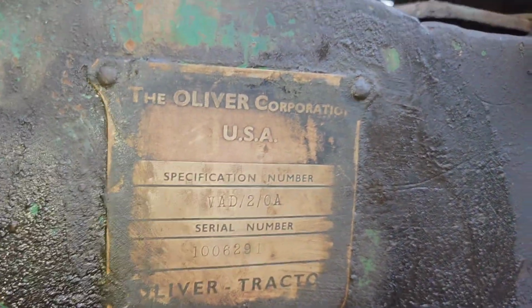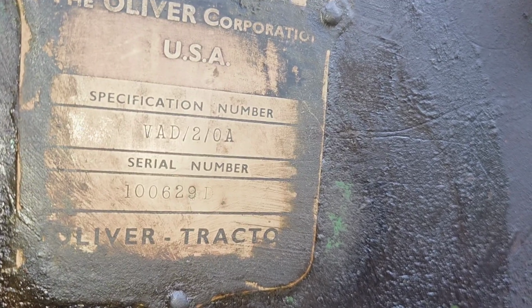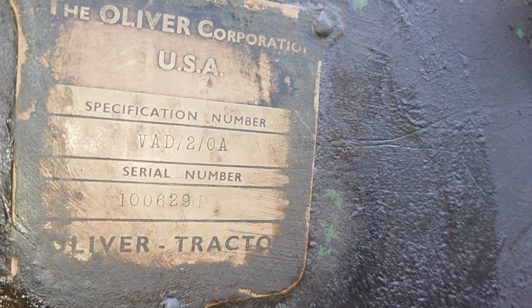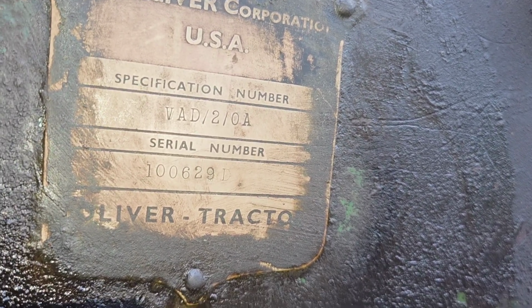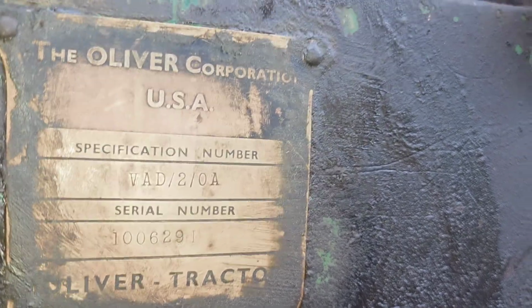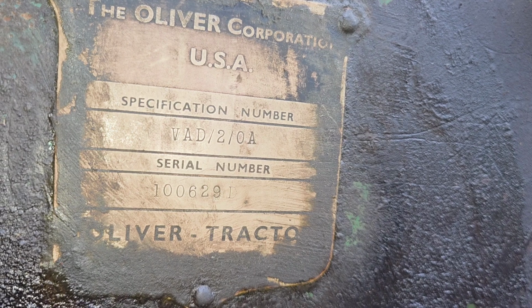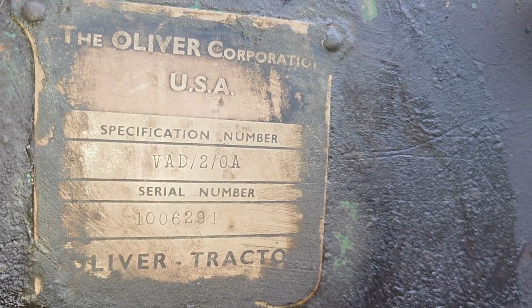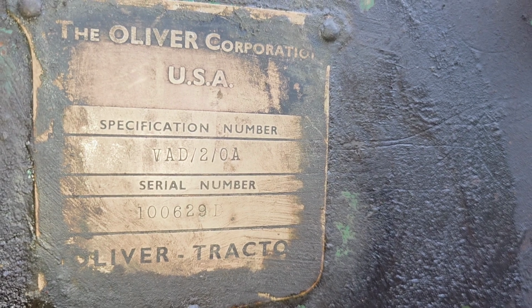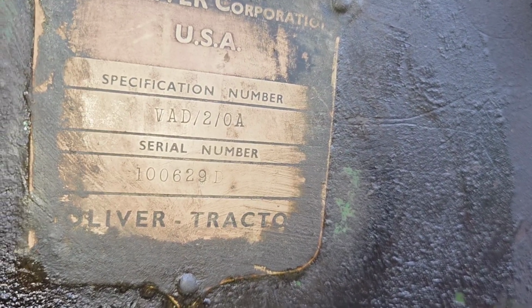So I got the tag cleaned up. The grease, there was a lot of it, but it preserved it well. So VAD is Vehicle Agricultural Diesel. So there, if it was a gas one, it would have been VAG, or if it was a kerosene one, it would have been VAK. So like one of the first David Browns was a VAK1. That was a Vehicle Agricultural Kerosene Edition 1. This is a 2, which I'm not sure what the 2 means, and OA may have been like the specifications, that it got a pickup hitch and the options it got. And then there's the serial number,